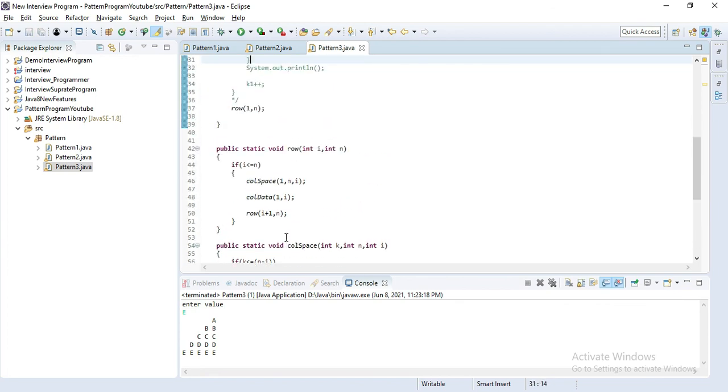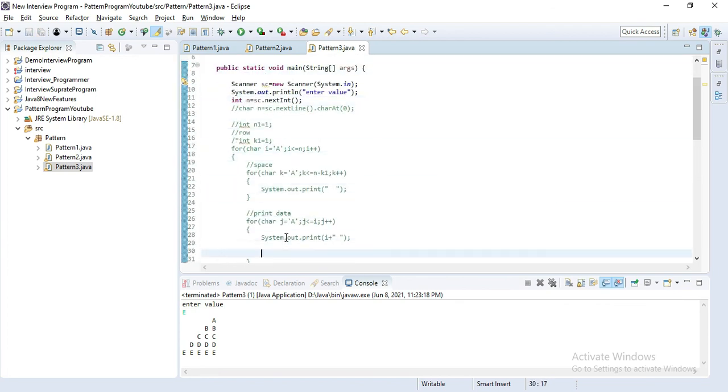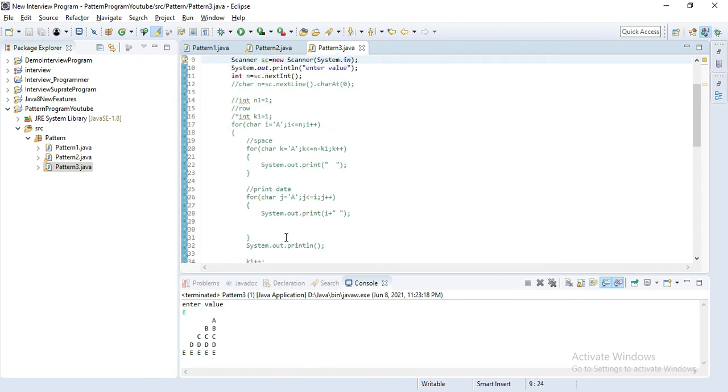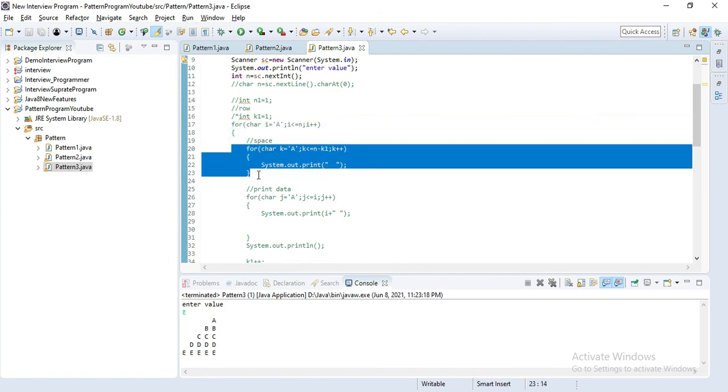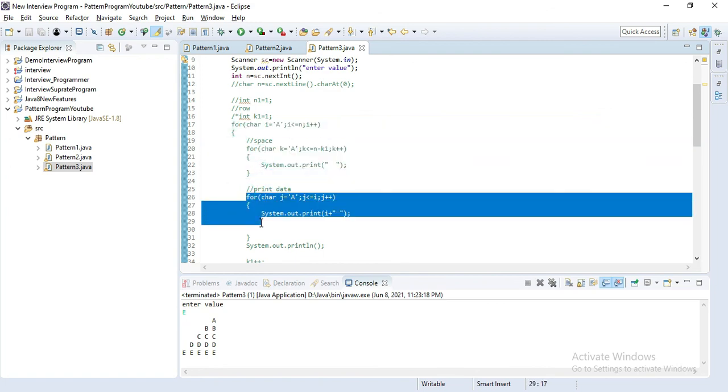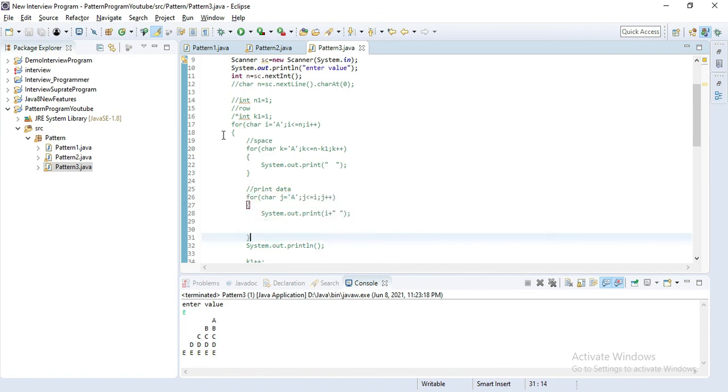Now you can see what we have done. In our main program we use a for loop for the row, an inner for loop for the space, and one more for printing stars. Here we use 3 for loops.